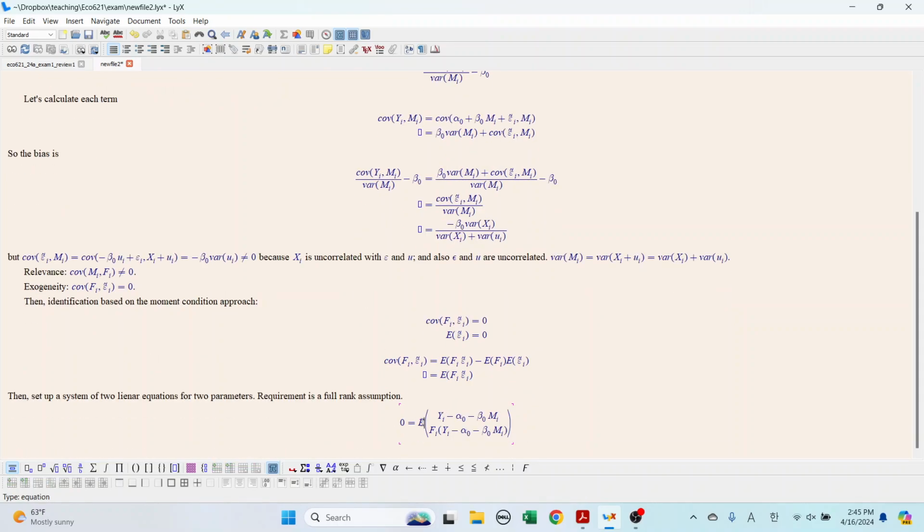And we can start the moment function approach. Otherwise, you have to maintain covariance from here. If you do not have this, you are going to use only one moment condition. That is okay, but you have to keep the covariance form. But because I make two assumptions, you may replace covariance with expectation. And from there, you write this as